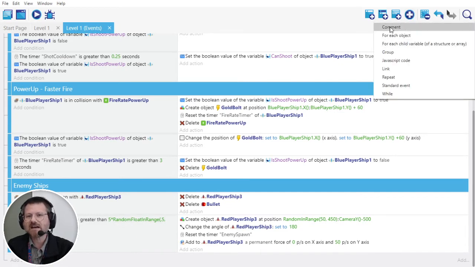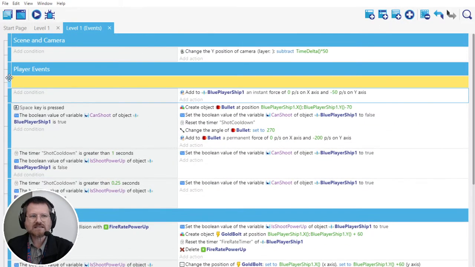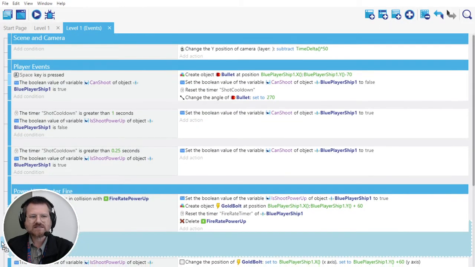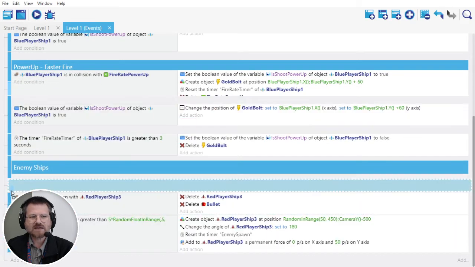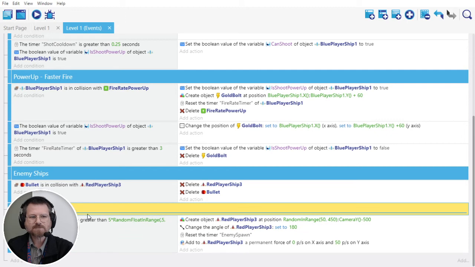Well, I can add a comment, and there's two ways to do that, either by using the plus and choosing comment, or they actually have it nice and convenient right here. So I can add a comment, and then I can drag it to whatever it applies to. So maybe I'm going to comment on the enemy spawning, and I'm just going to type a message that says spawn enemies at random positions